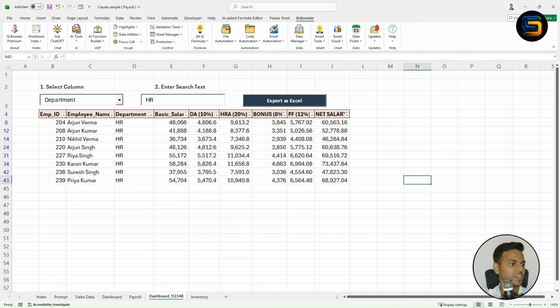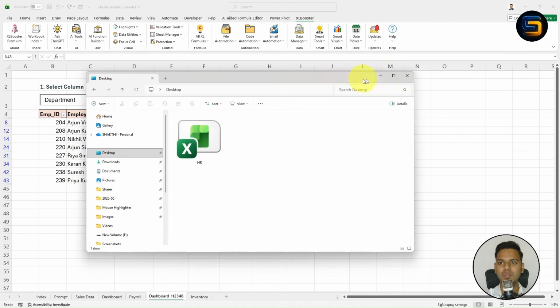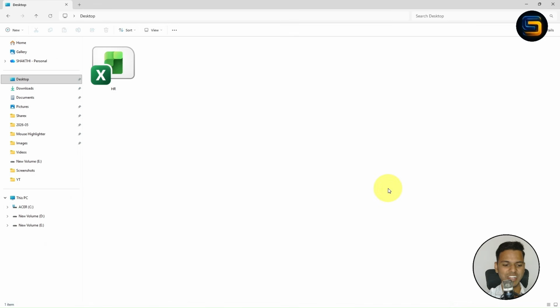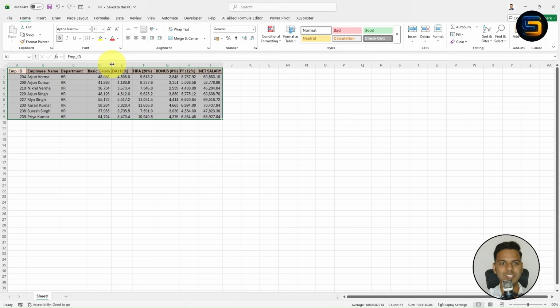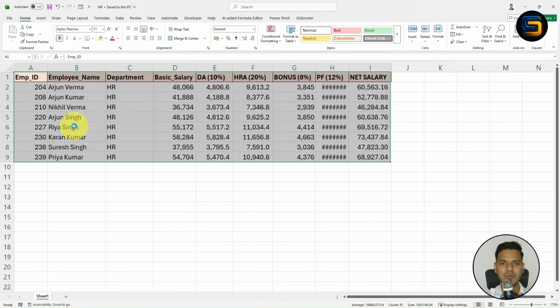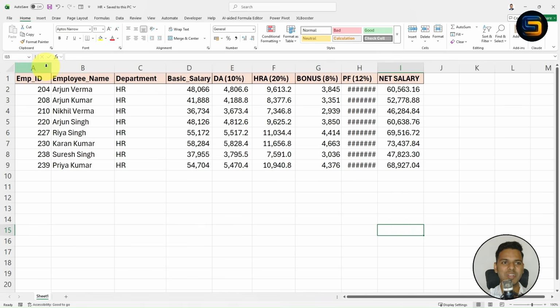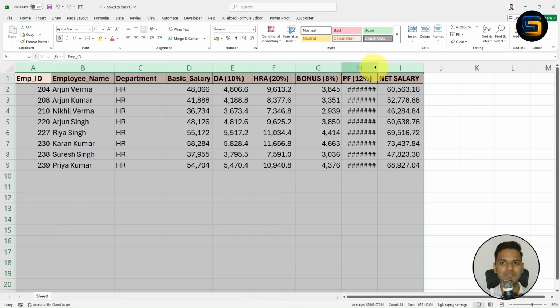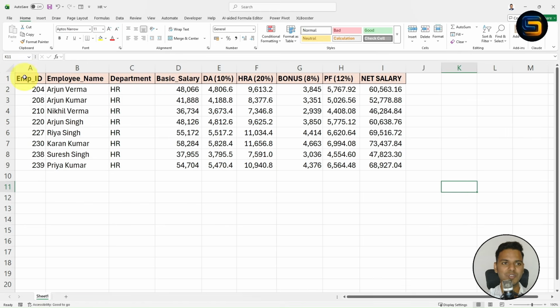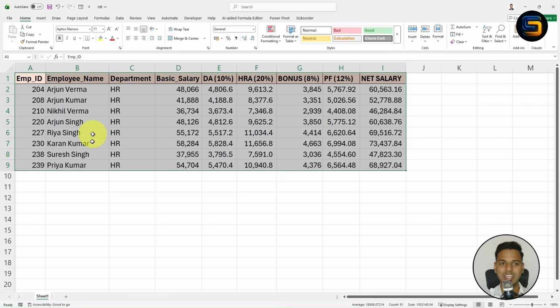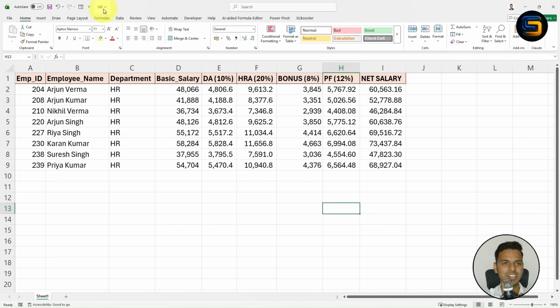Let me open the desktop folder. Just wait for a few seconds. Let me show you the desktop. Look at here guys, it's completely amazing. The HR Excel workbook is created. Let's see whether we have the record of HR or not. Let's double click on this. Just wait for a few seconds. Wow, it's completely magic, right? Now you can see the complete record of the HR department. As you can observe, the HR department came in this new Excel workbook which is HR.